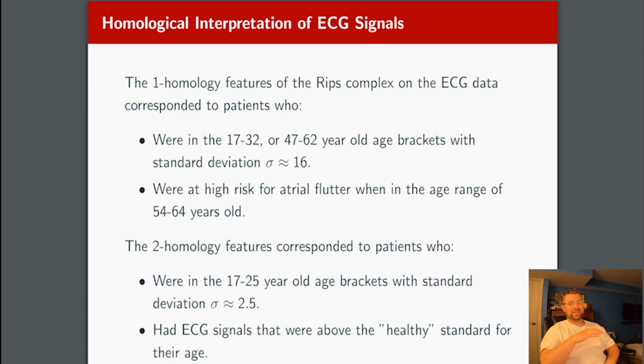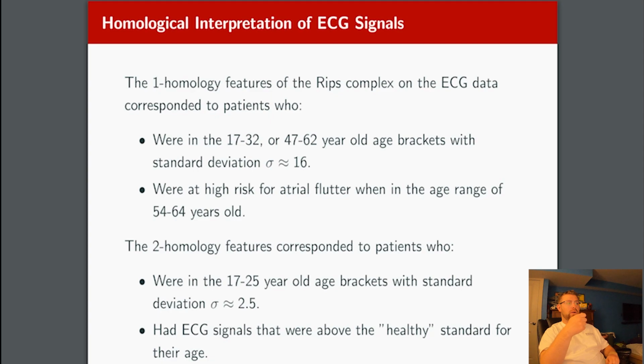This is some pretty basic observation that might not be statistically significant. The 1 homology features, the blue ones: most of these patients were in one of two age brackets, and the standard deviation of this age was around 16. When they were in the intermediate age bracket, they were at a higher risk for